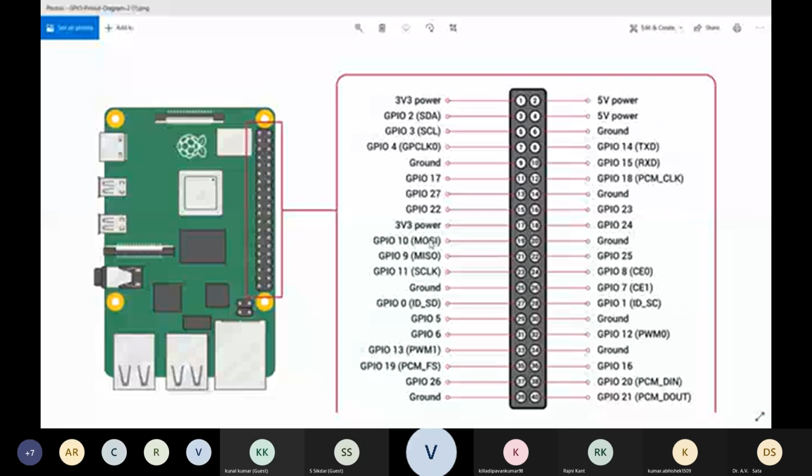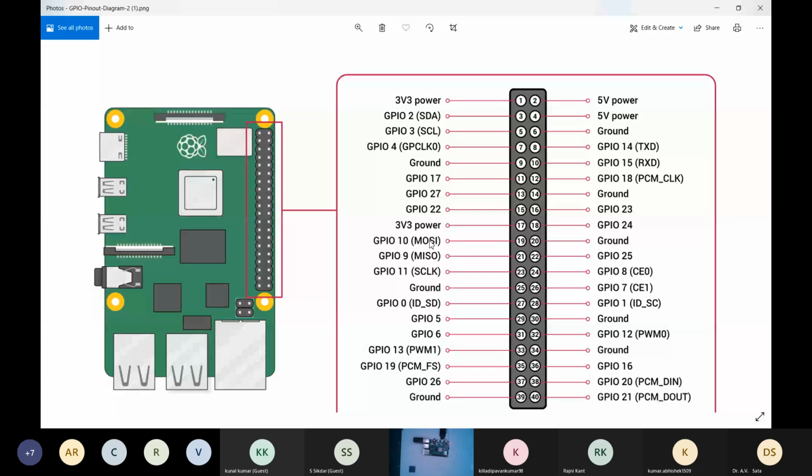Yeah. So GPIO 11 is the SCLK pin. We will be connecting the CLK pin with this SCLK pin. Then GPIO 9 is the MISO pin. We will be connecting the SDO pin with MISO.